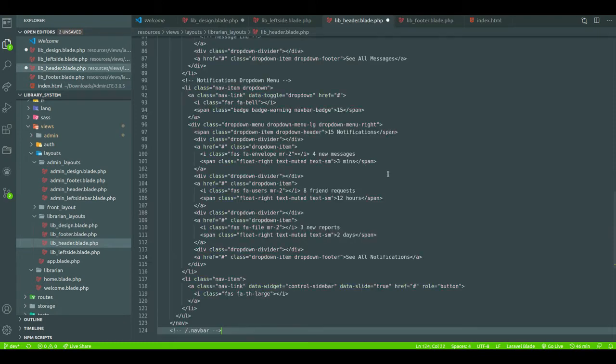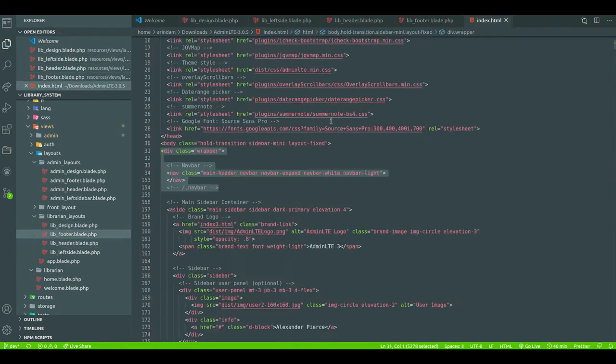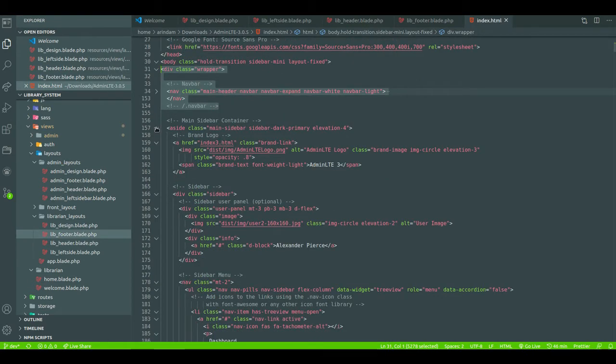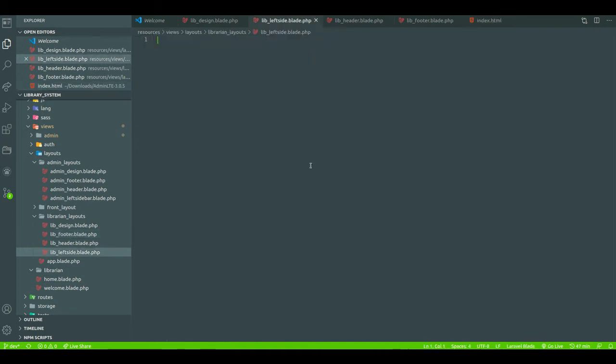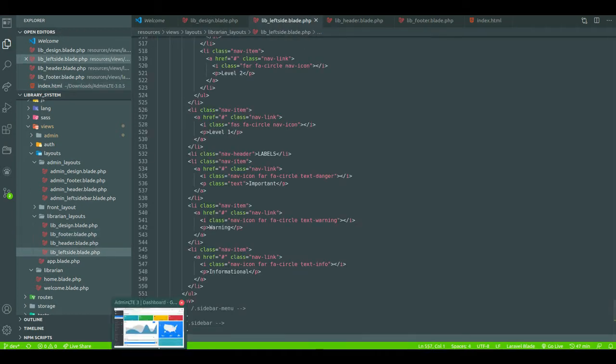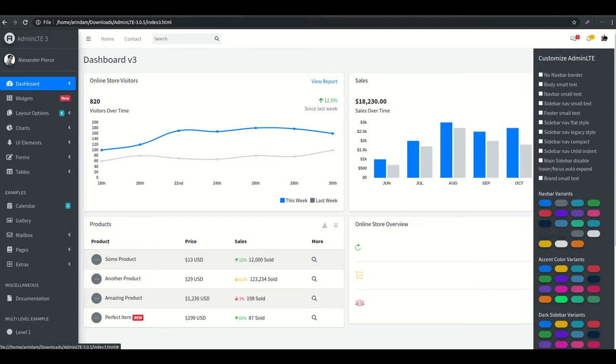Where is the header? Now this is the main sidebar content. This sidebar is going to the left sidebar. But in here only the left sidebar is there. No, the right sidebar is also there.